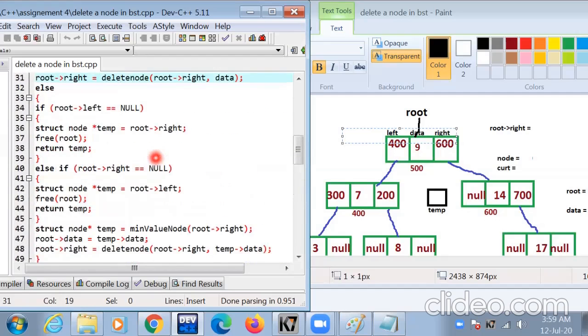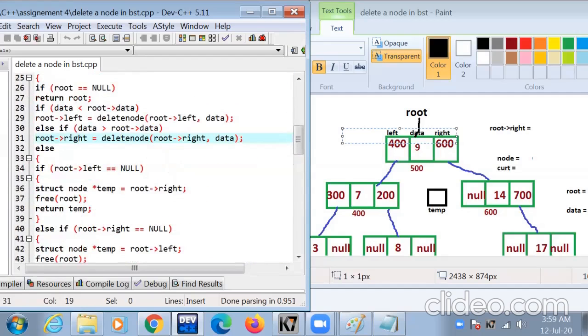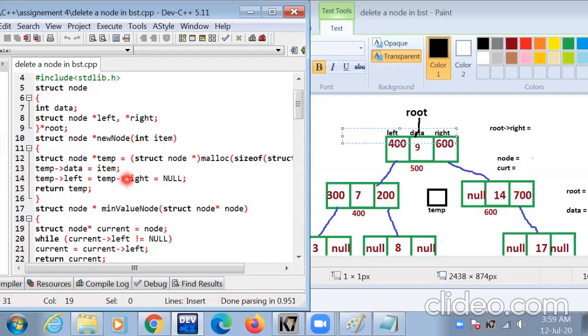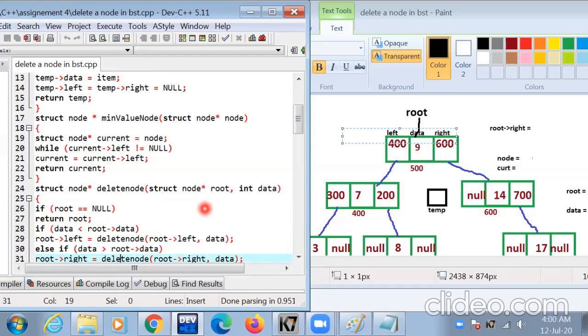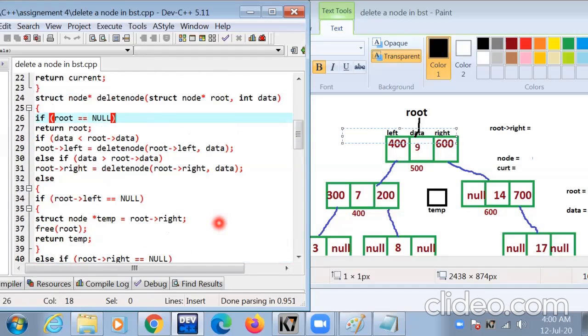Today I discuss the min value node function and the delete node function. Let's start.